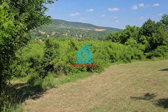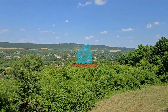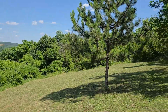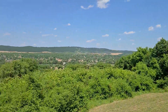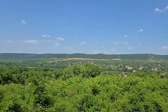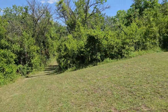It's beautiful. The land here at the edge is on a slope, but it is really amazing, where you can pitch just a tent or camper and enjoy the nature in Bulgaria. Village Sadina near Popovo region, Targovishte. And now I'm taking a walk back up to